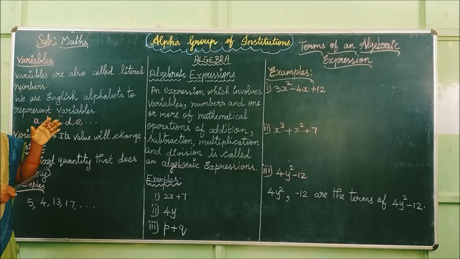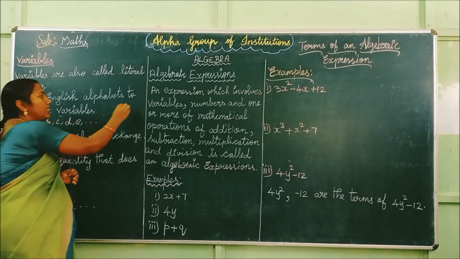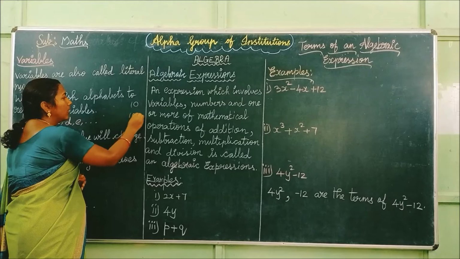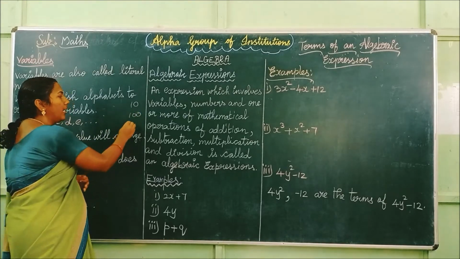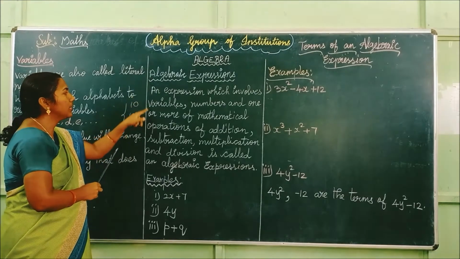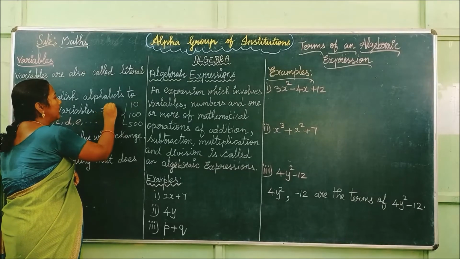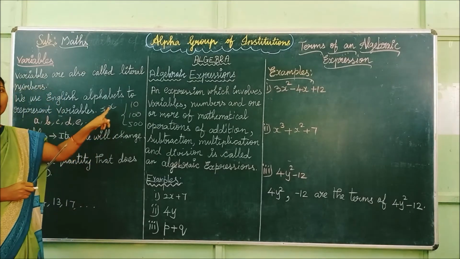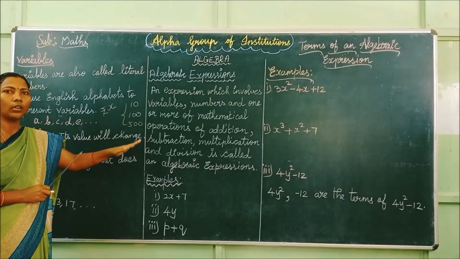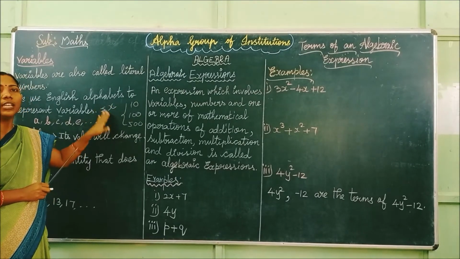For example, suppose you go to a shop and buy a pen, and the cost of the pen is 10 rupees. Suppose your friend bought a pen for 100 rupees. Someone else bought a pen for 500 rupees. See, the cost of the pen varies. So, to represent this situation, we are using variables. For example, we represent this as cost of pen is rupees x, because its value changes from 10, 100, 500 and so on.